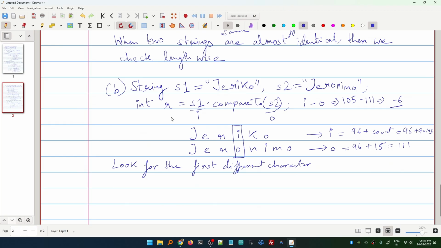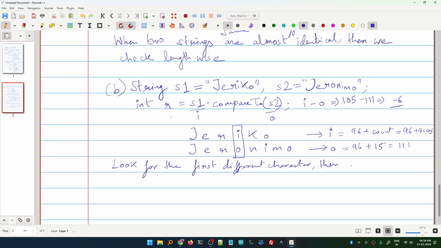But in case of words where the first few characters are the same, you look for the first different character. Over here I and O is the first different character. So I minus O, that is the index. So the ASCII code of I here. Look for the first different character